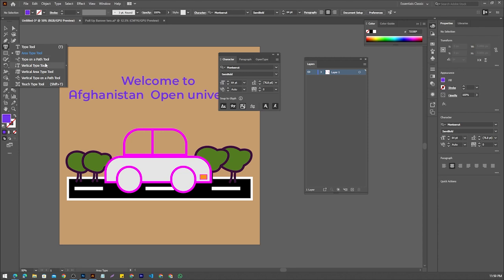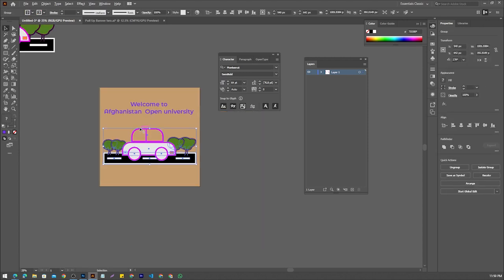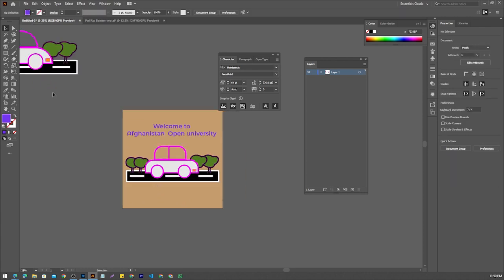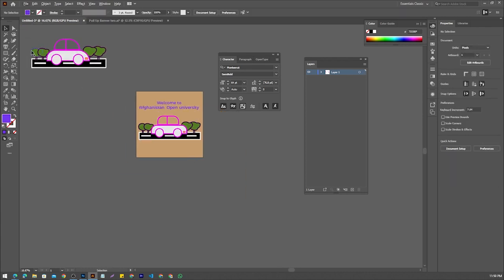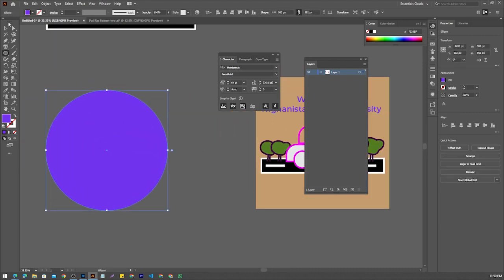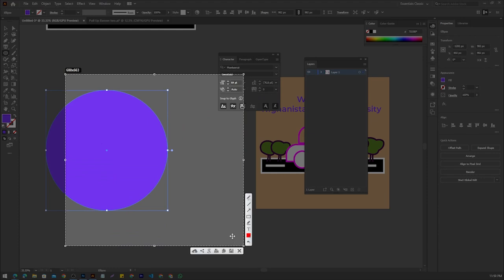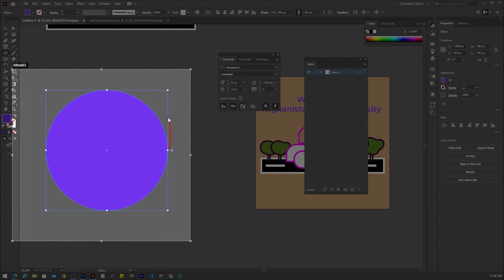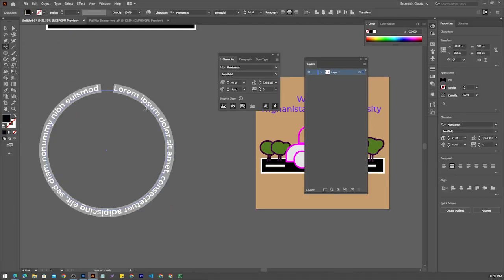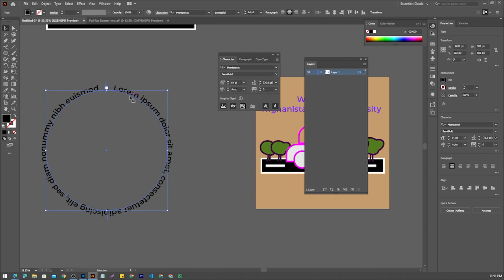Type on a path tool. Sometimes you will see some designs. Let me take an ellipse. Right click on it, then ellipse. As you can see, this is an ellipse. Let's say I want to type text on this path, like this, in this way. In that case, you can use the type on a path tool, this one. Just right click on it, as you can see. Then you can type,